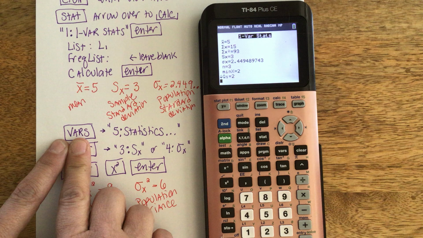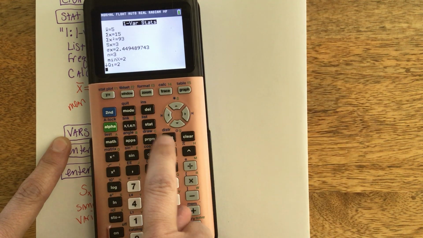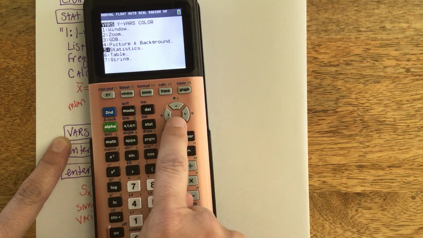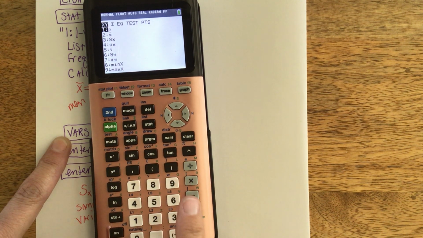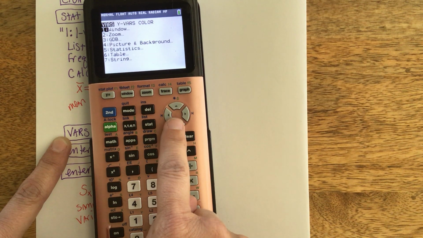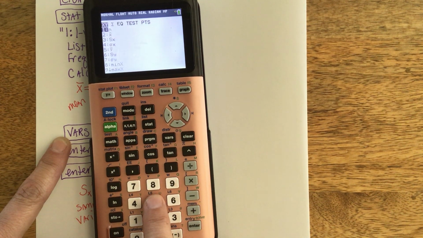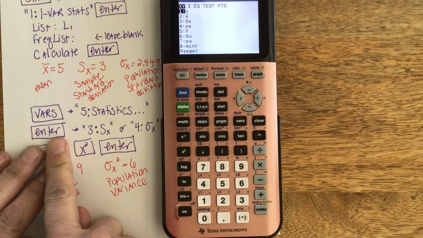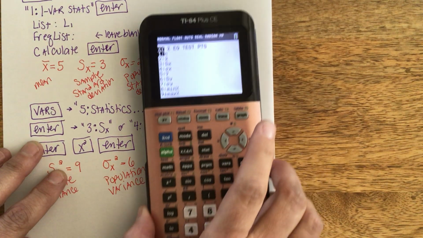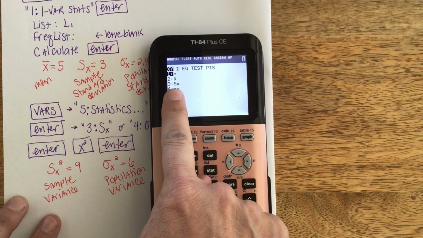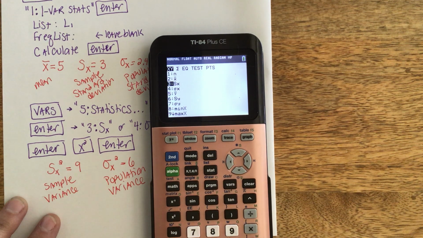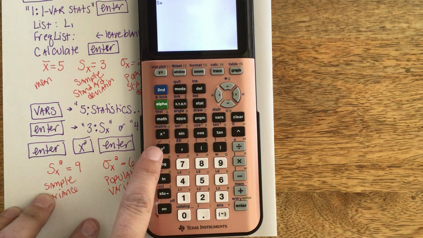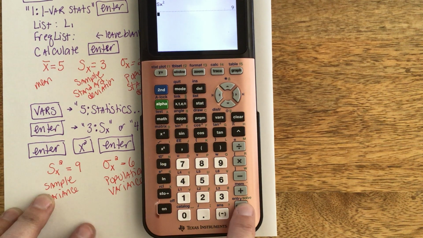So I'm going to come over to the VARS button, over here just diagonally down from the Stat button, and I either need to arrow down to the 5 and hit Enter to get all of my statistical notation, or when I was in VARS, if I hit the 5 button, it automatically puts me right into that list. Now that I'm in the list, I'm going to pick whichever value I want to find the variation of. For example, the sample variance will use the sample standard deviation, which I've arrowed down to. I'm going to hit Enter, and then I'm going to hit x squared to square for variance, and I will